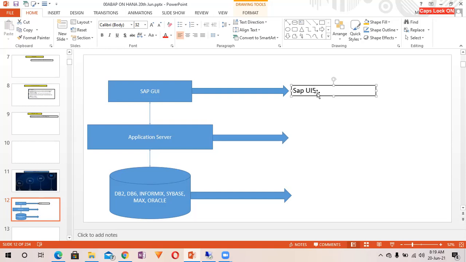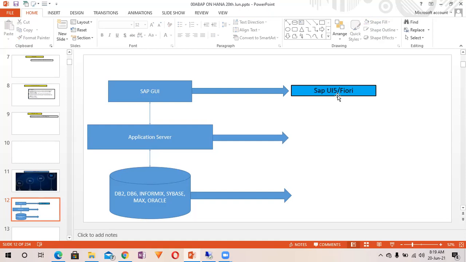SAP UI5 or Fiori is supported by mobile and browser as well. So SAP decided to move further and upgraded their presentation server to SAP UI5 and Fiori. Earlier, they also tried with the help of Web Dynpro, but it was not that successful.